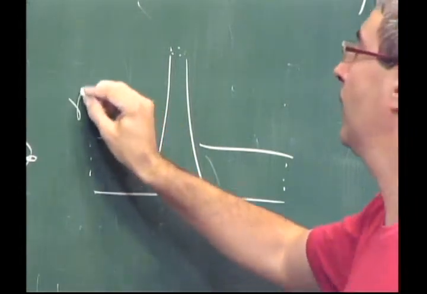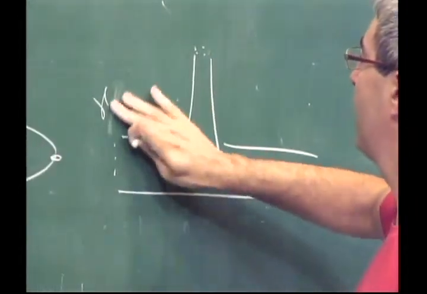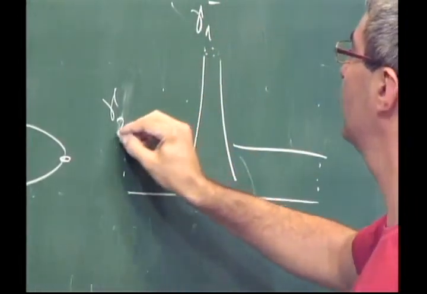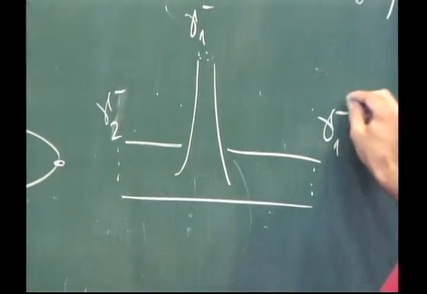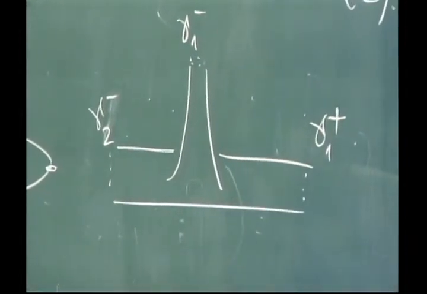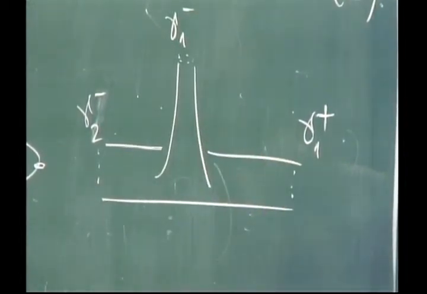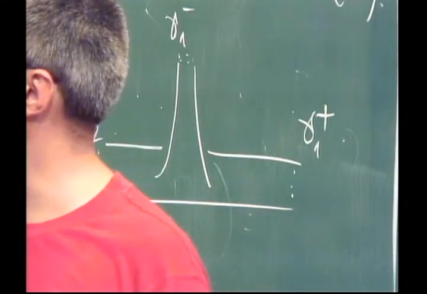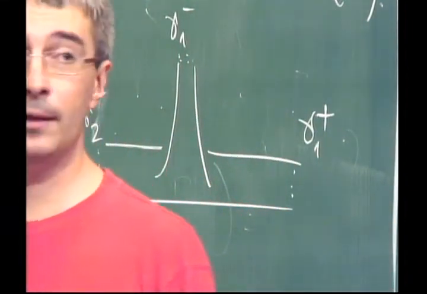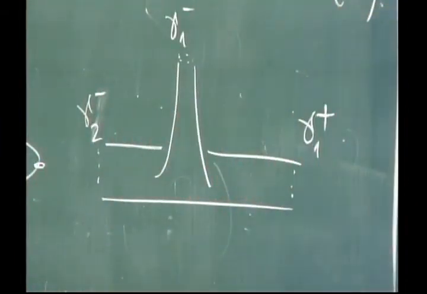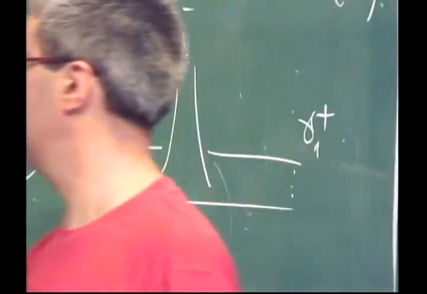Yeah, that's gamma 1 minus, gamma 1 minus, gamma 2 minus, gamma 1 plus. Right? And same story. Form beta, which is dt. I choose coordinates. Here they have to be cylinder-like. Here they have to be strip-like, right? And for technical reasons,